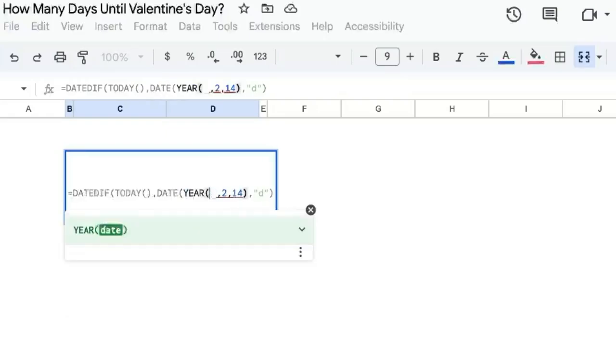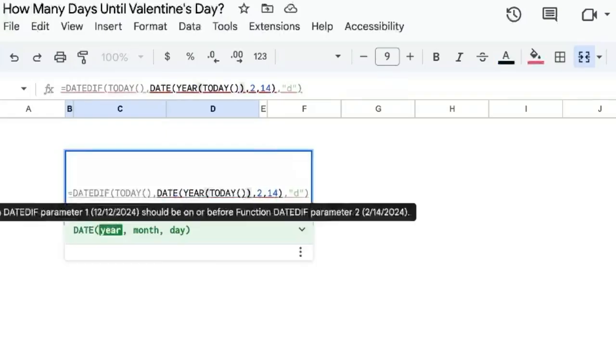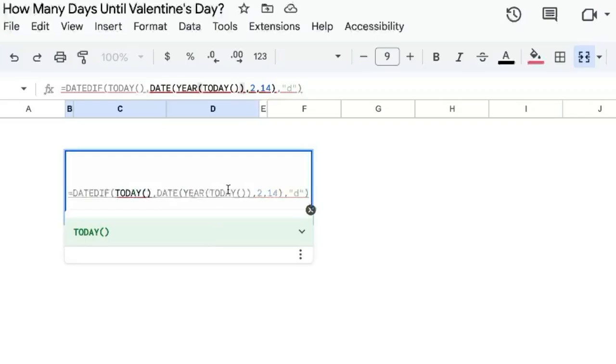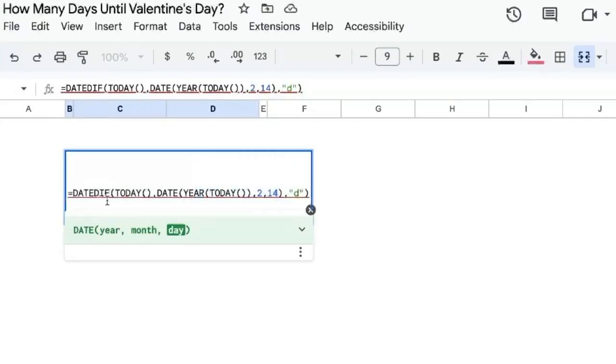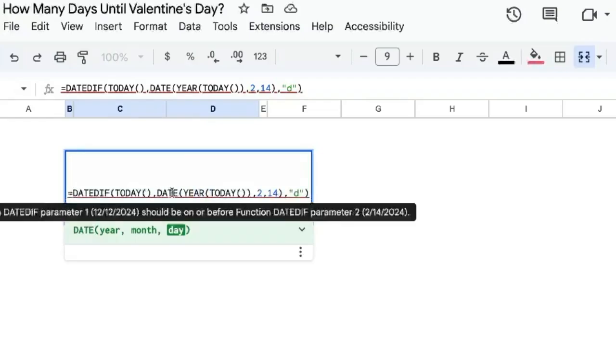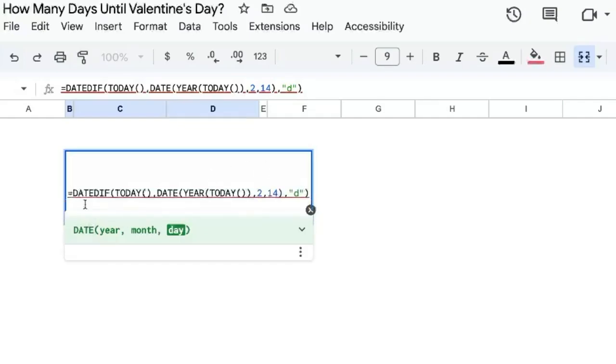So we're going to wrap YEAR around TODAY. But you'll see we have an error. Basically, right now is 2024, and we're looking at the date of 2024's Valentine's Day. So what we actually want to do is get next year's, but we don't want to do that all the time. Like during the middle between January 1st of the year and Valentine's Day, we're going to actually want